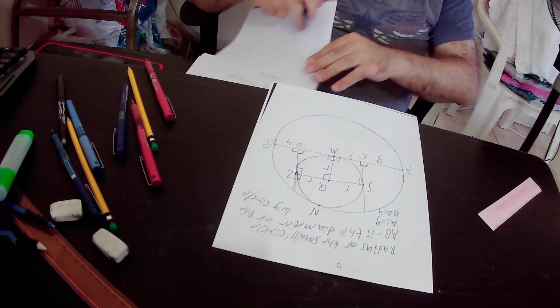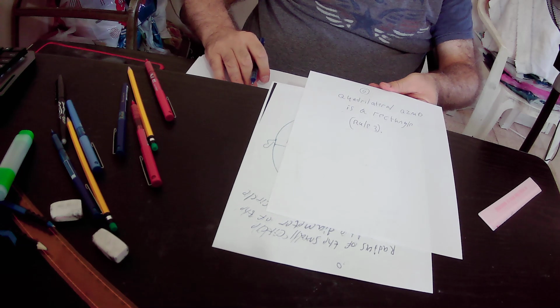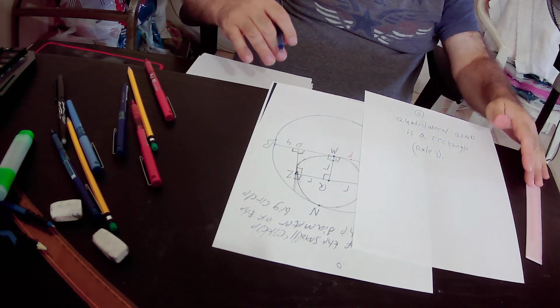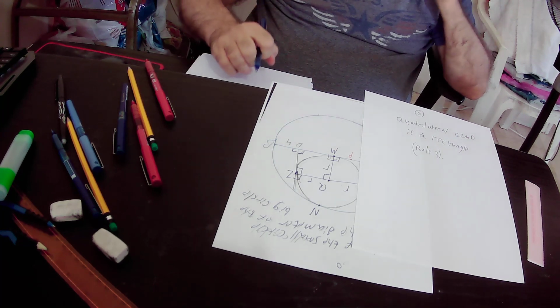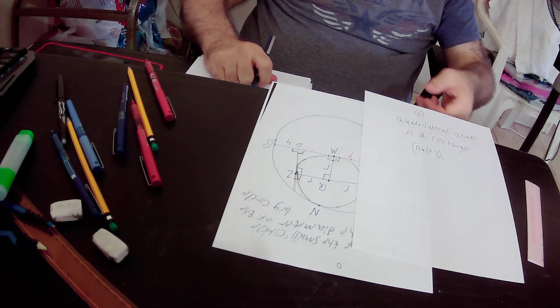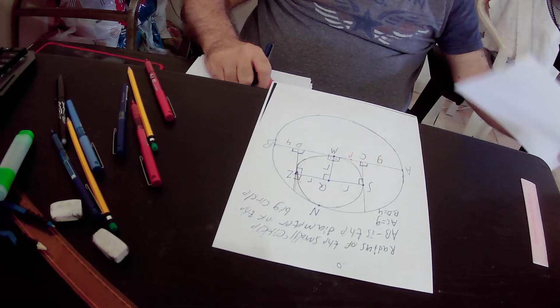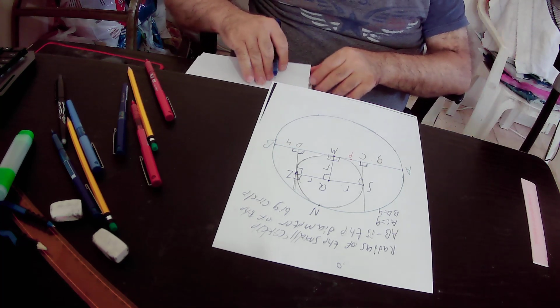Okay, quadrilateral QZMD is a rectangle according to rule number 3 because it has 4 right angles. Okay, so we have rule number 4 that states,